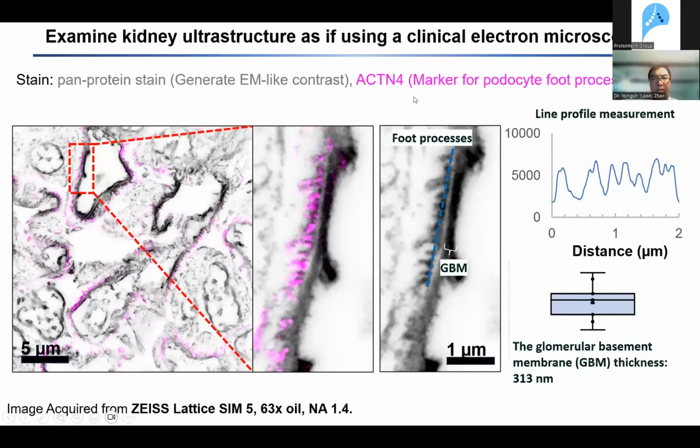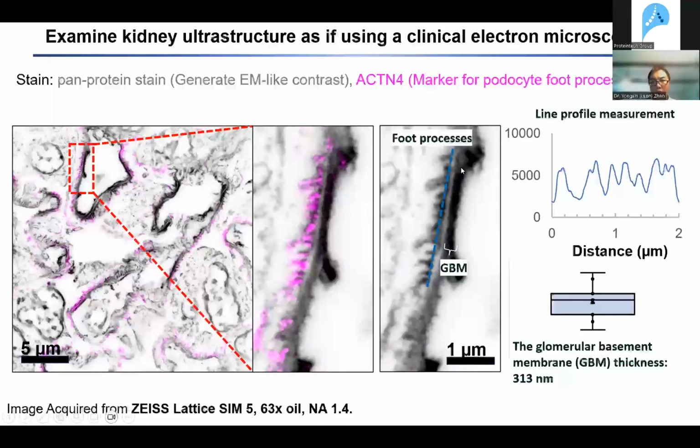And then we also have the antibody that stains the marker that you like. So you can actually see the distribution of those proteins in the context of those kidney ultrastructure. This is something that's very difficult to do with a clinical electron microscope because they only have one color. What I mean is that here you have sufficient resolution. You will be able to see the podocyte processes, like showing here, this finger-like structure, which pathologists typically will look at, as well as this black